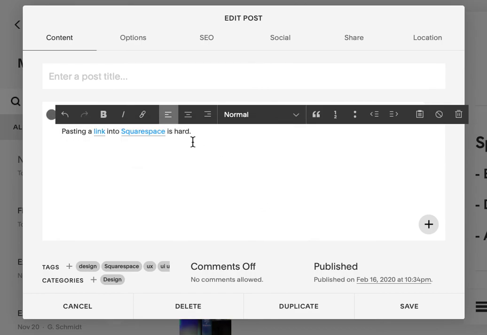And so these are really, I think, the two main parts of Squarespace that I screw up the most on a regular basis. And it would be great if there was a way to have the system autosave your work so that you didn't lose it, and to be able to simply insert a link URL without it overwriting the title text. That's all.